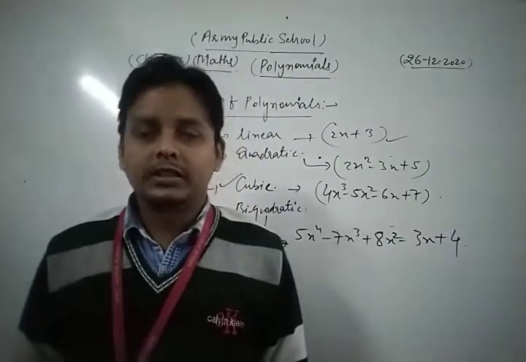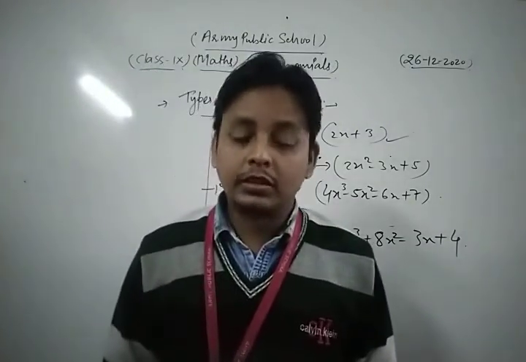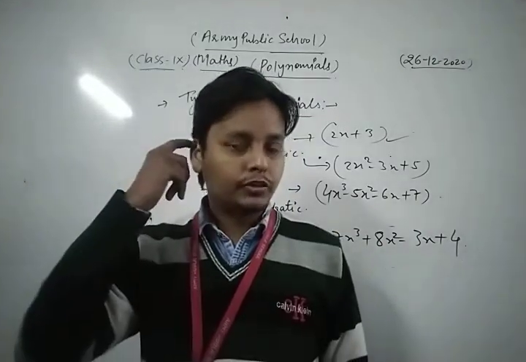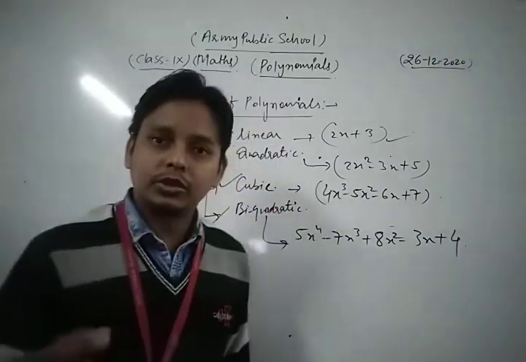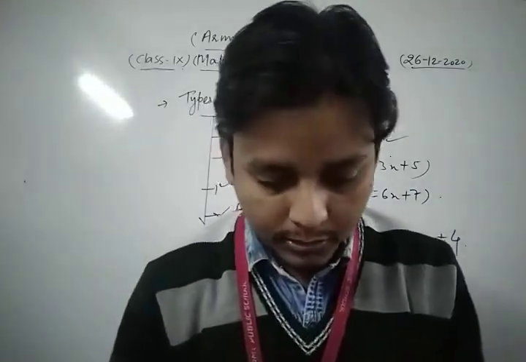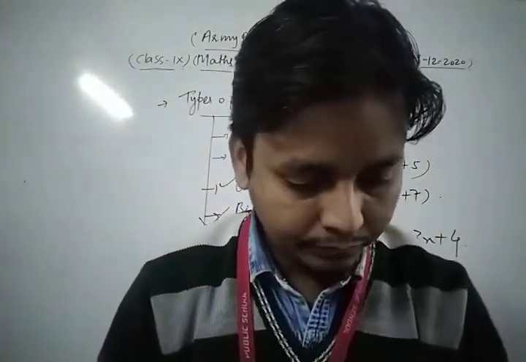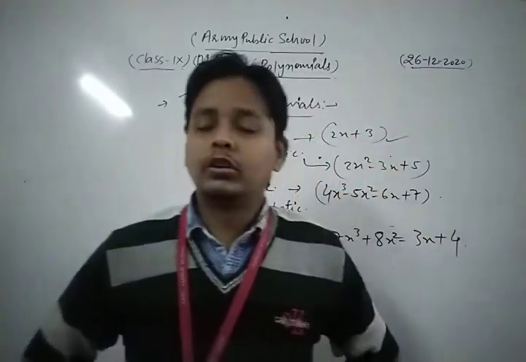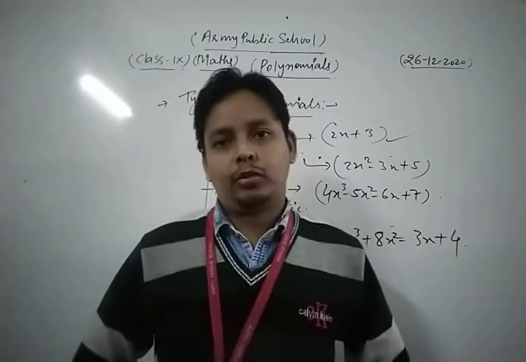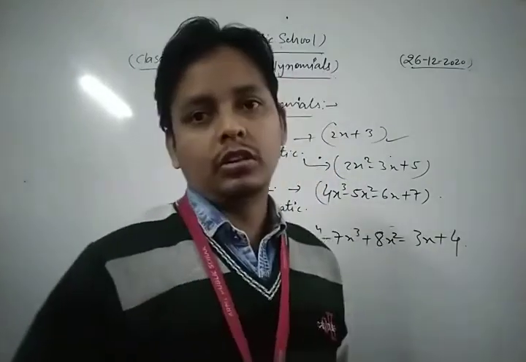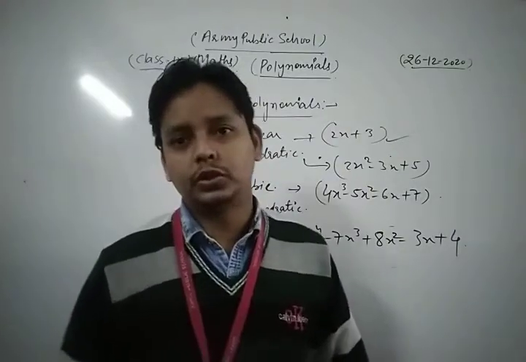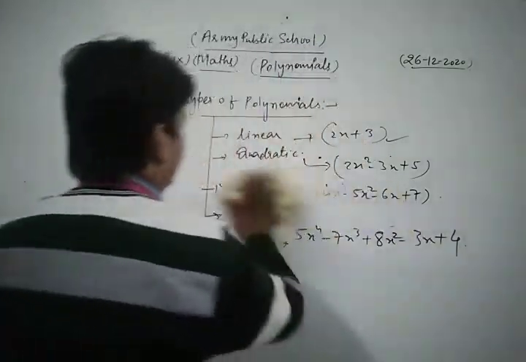Thus, dear students, in this way we clear the concept of polynomial, the concept of constant polynomial, and the types of polynomials. So you can solve all the questions based on these topics. Now, dear students, we are going to discuss the concept of zeros or roots of a polynomial. Zeros and roots are equal to each other.